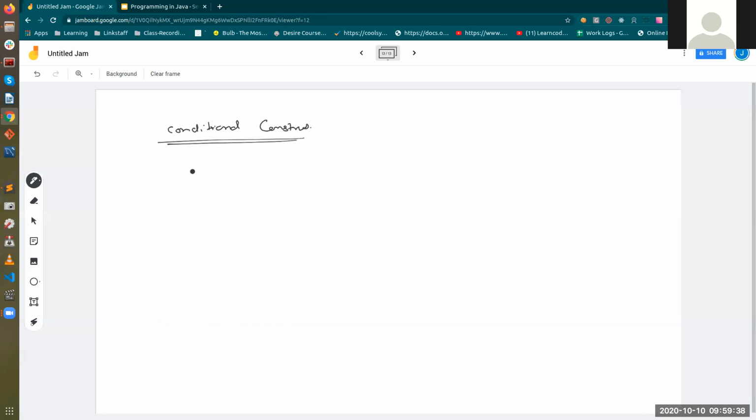So under a conditional construct, we have the if block, right? Now here the name itself tells if. If means that, okay, if this thing happens, then I'll run your code. So under the if, you specify curly braces, right? This is optional if you are only going to give one instruction. But if you have to give multiple instructions